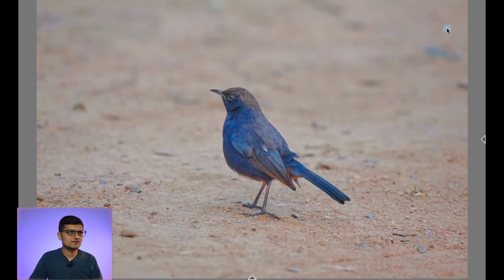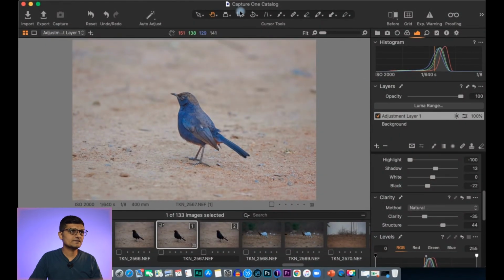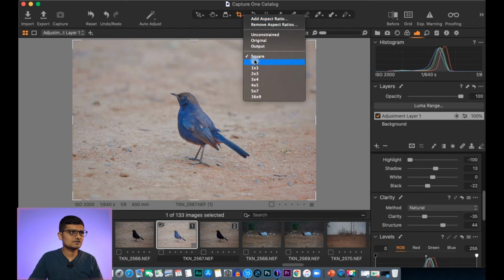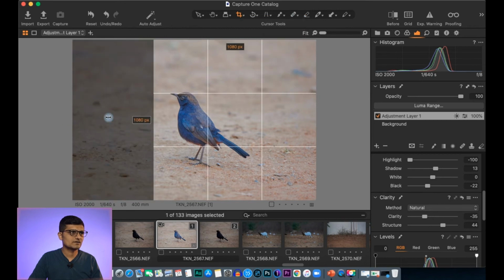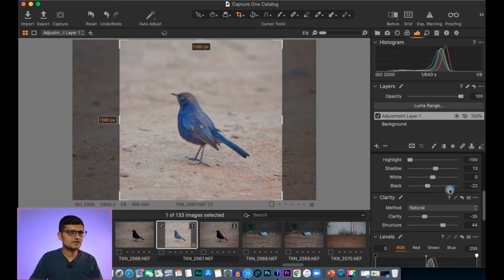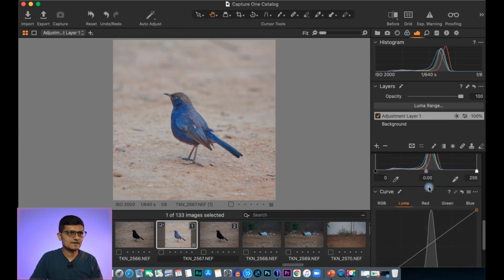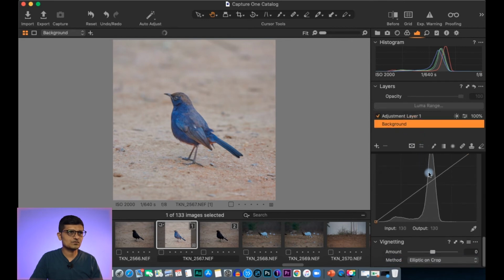Now let's come out of the full screen, and I would like to crop this to square. So let's square crop, get the bird in the middle, hit enter, OK, and let's come down to the background layer and do an S curve.